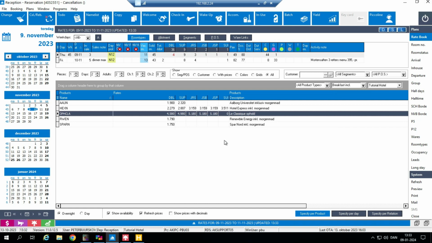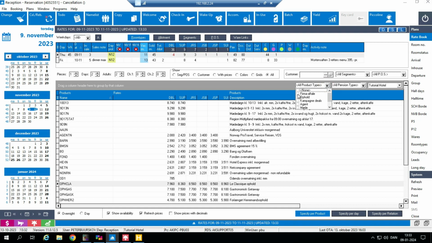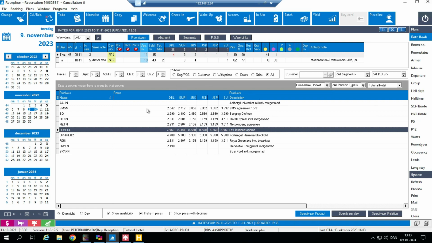We press the button and now we have all the products with included breakfast. If the client says, well, I'm not sure it's only breakfast, so instead of choosing from meal plan, you can go to product type. In product type, we have the company agreement we have with the company he's calling from, or we could just say the normal stay, and we tick those off and press again, and now we have a new set of